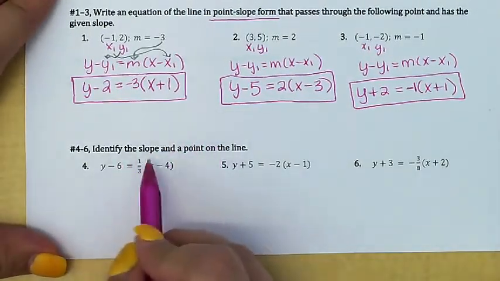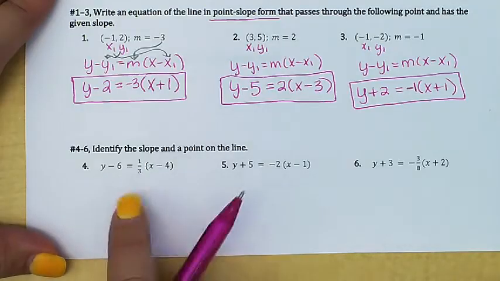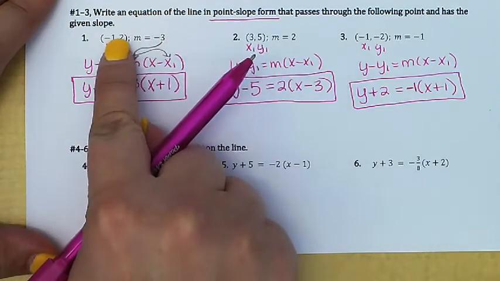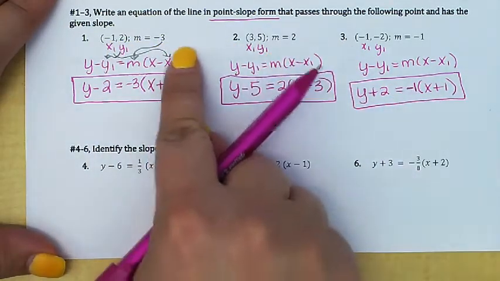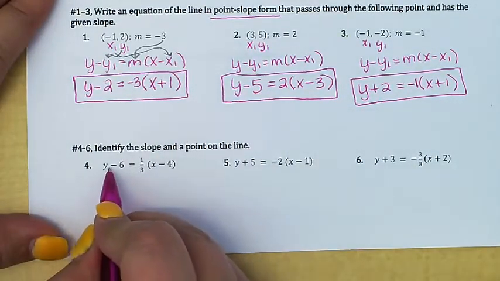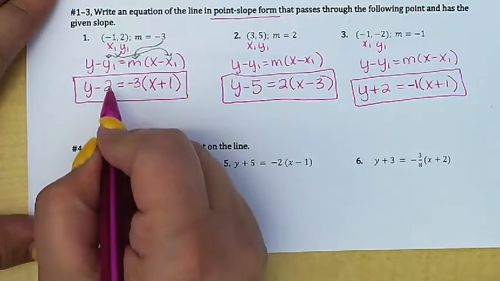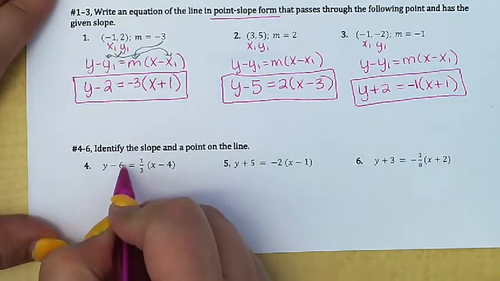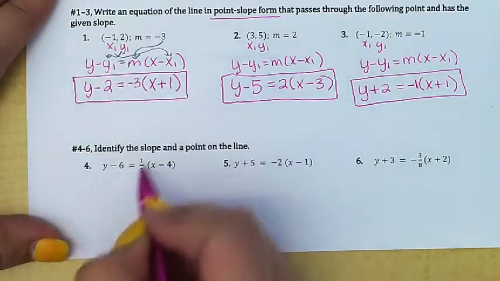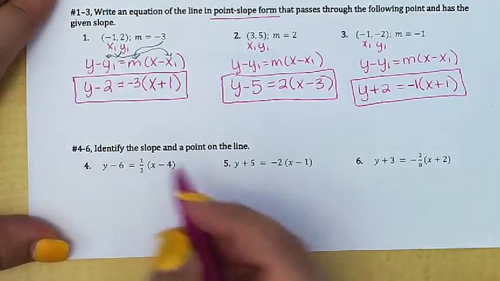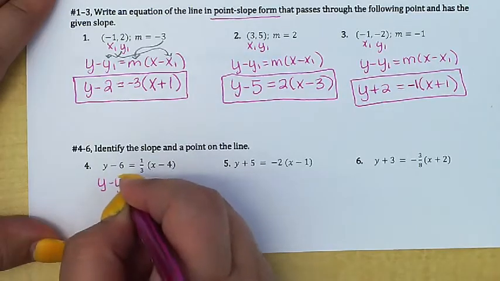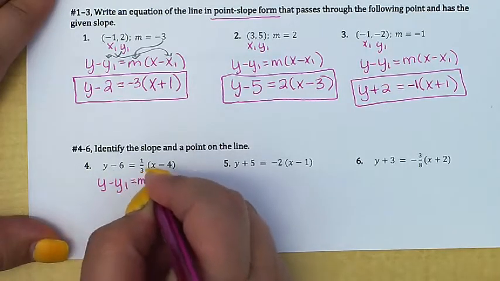Okay, so identify the slope and the point in the line. So now we're going in reverse. They are giving us the equation in point slope, and we want to gather this information or extract this information out of that. So we're literally going in the reverse order. So think about a couple of things, right? Remember, the equation is y minus the value. So what you're going to do is you're going to look at what was subtracted. Essentially, your ordered pair is always going to end up being the opposite of what you see because it was subtraction. So when I see, you know, if I kind of just model this as y minus y1 equals m,